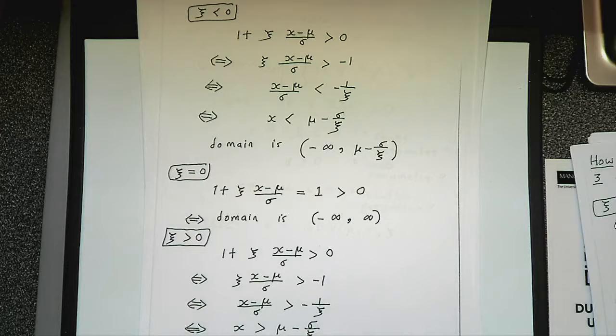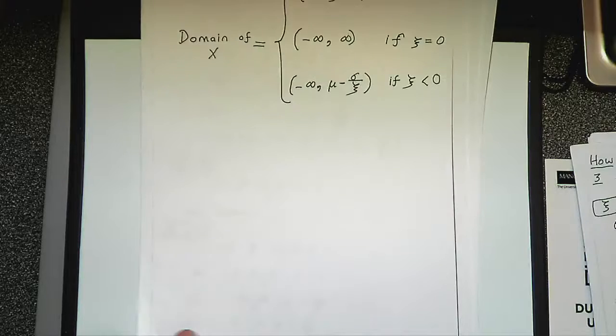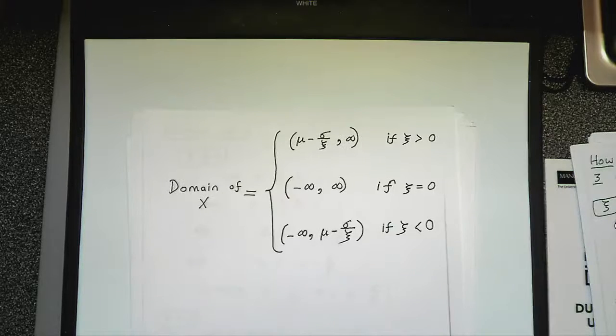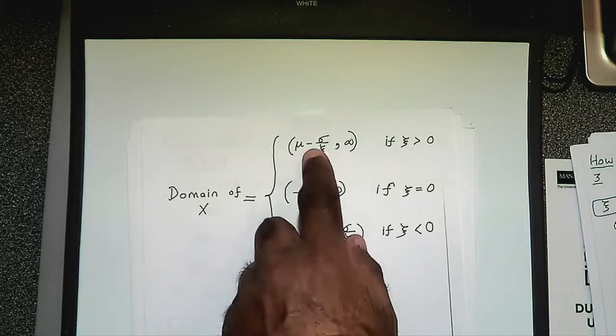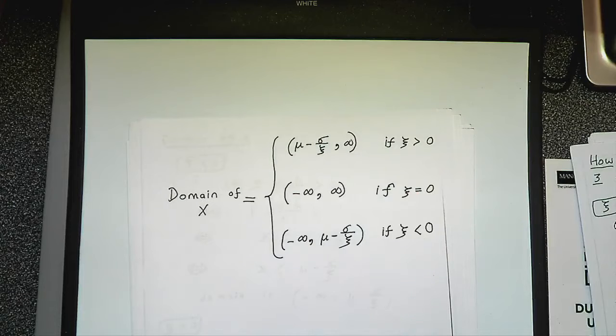If you did not follow anything in the video, then please let me know. I will go over it again. And so the domain of x, being the GEV random variable, is one of these depending on the sign of the shape parameter. Now in the next slide,